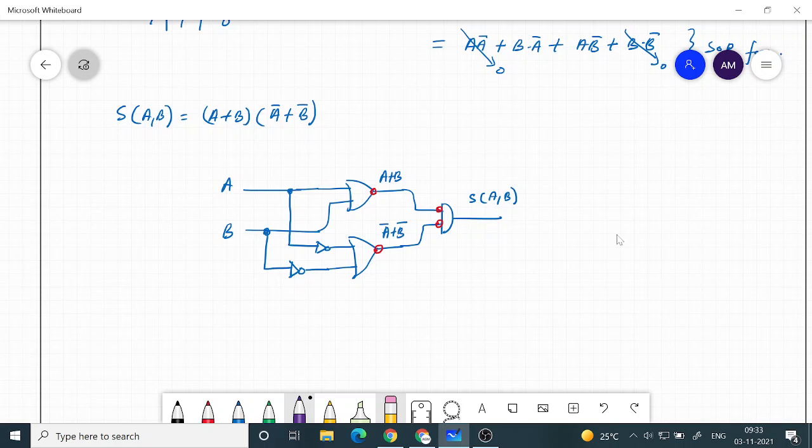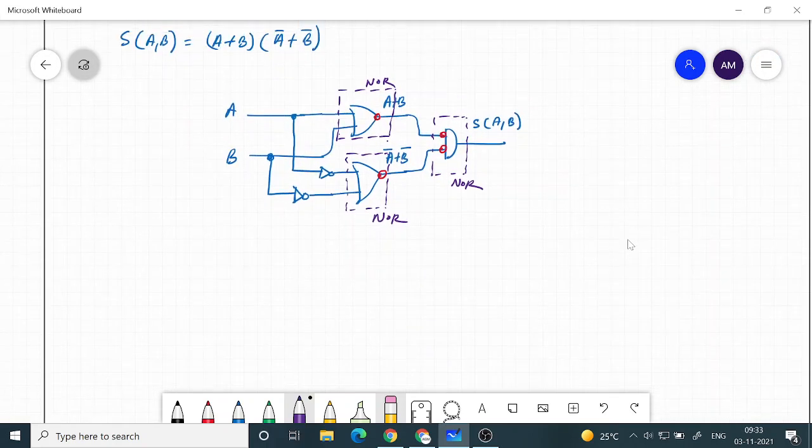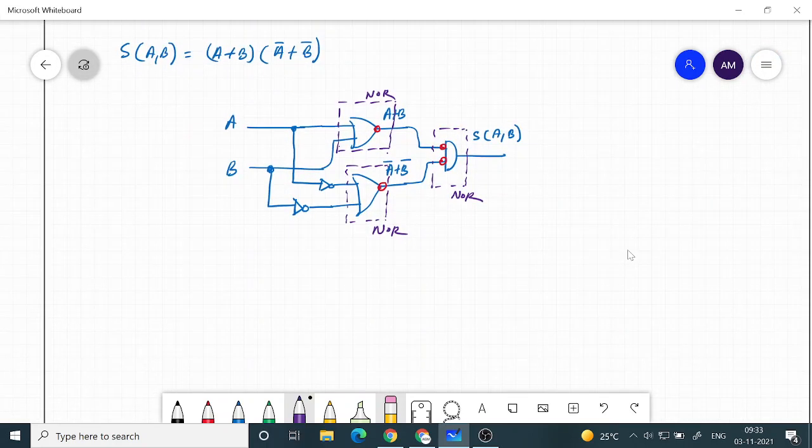So this is a NOR gate. This is also a NOR gate. You can verify this, just like I have verified earlier the NAND gate. This is also a NOR gate. So we have NOR, NOR, NOR, and then of course you can do this complement operation also with the NOR gate. So this way you can have minimum number of NOR gates.